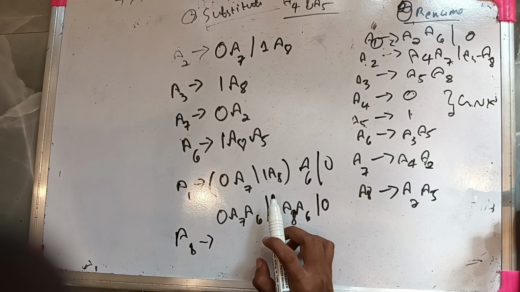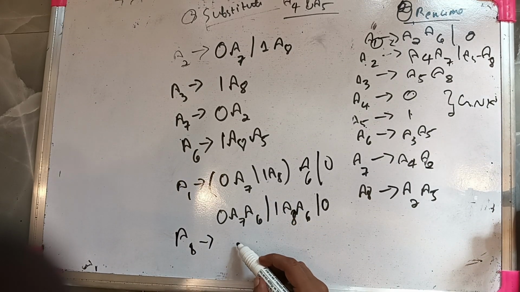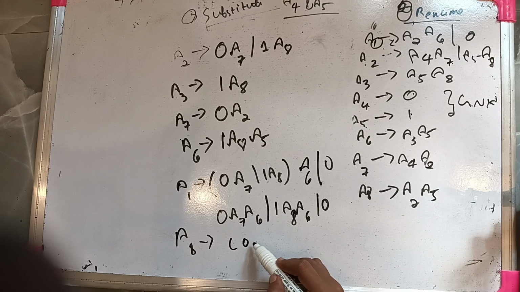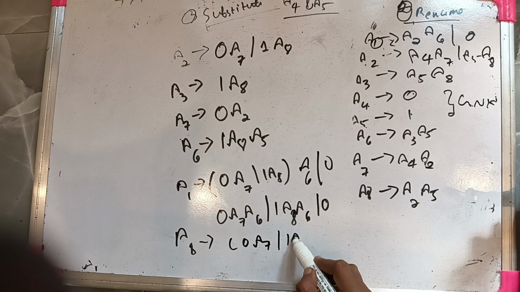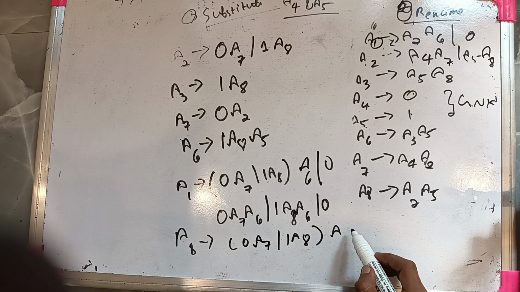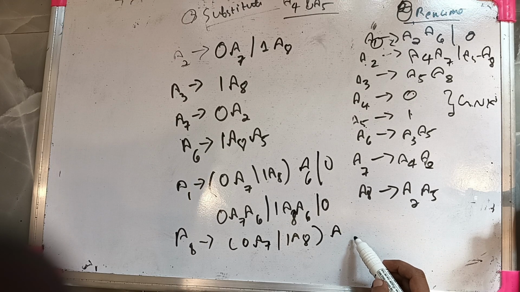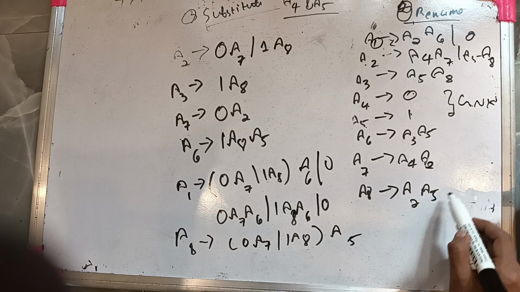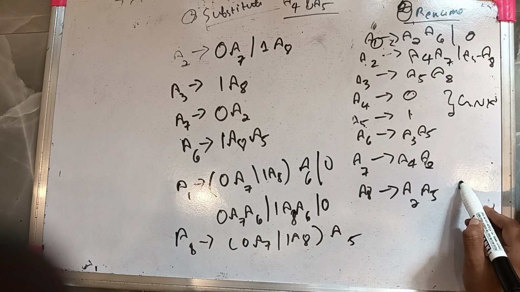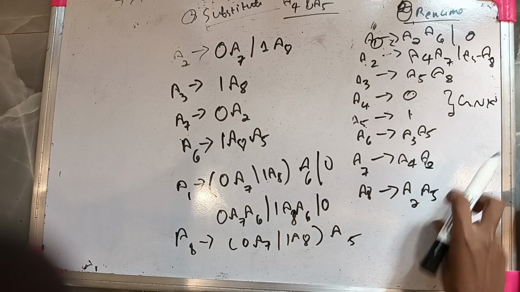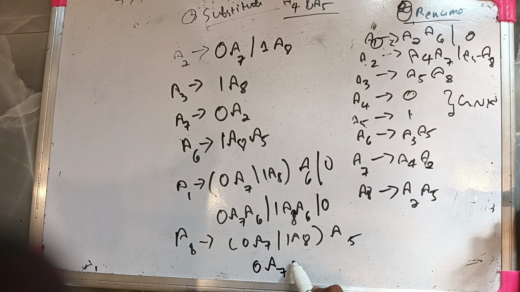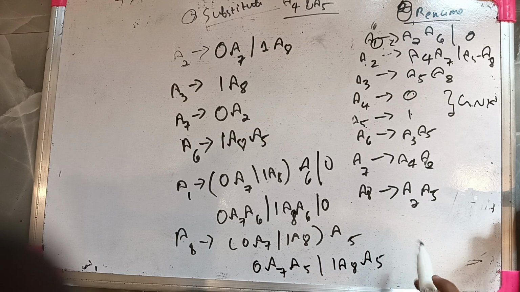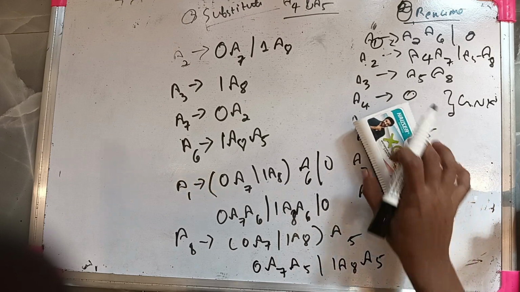A8 means A2, A5. Again A2 means 0, A7, 1, A8. Next A5. Here I is greater than J, right? So A5 as it is. 0, A7, A5, 1, A8, A5. Okay, in the final step, write again,